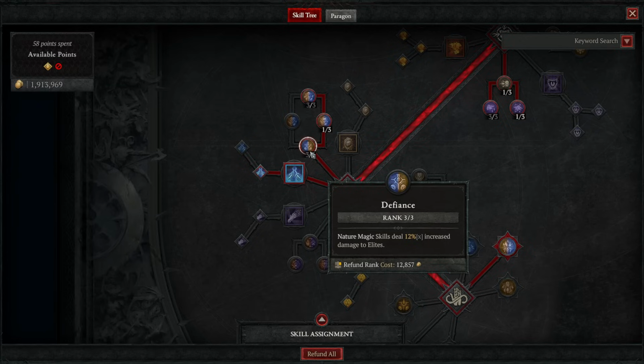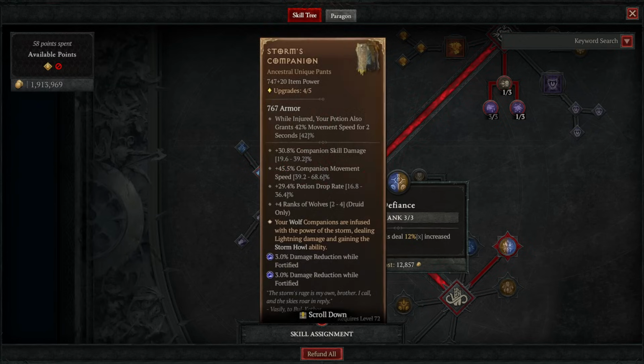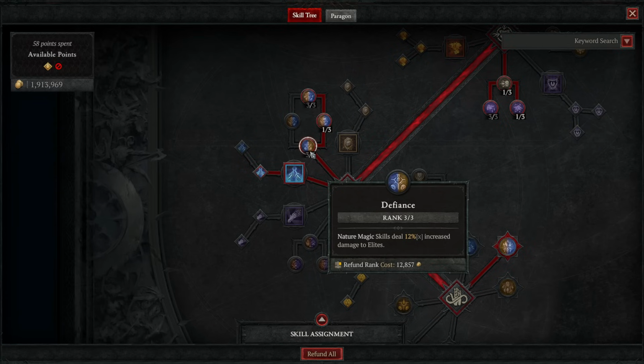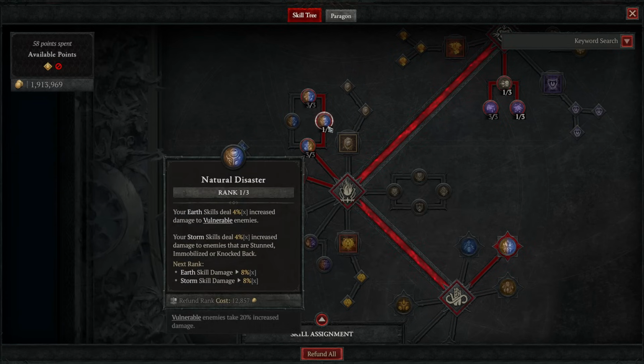Claw, nature magic because of the Great Staff of the Crones, of course, but we are also using the Storm's Companion unique legs, which makes wolves deal lightning damage, but part of that is it also turns wolves as a skill into a nature magic skill, letting them get some of these bonuses, including this one. We then grab 1 rank of Natural Disaster for the 4% increased nature magic damage multiplier against immobilized enemies, but